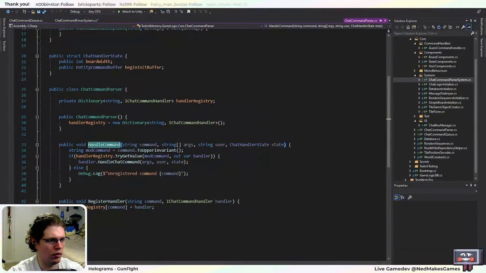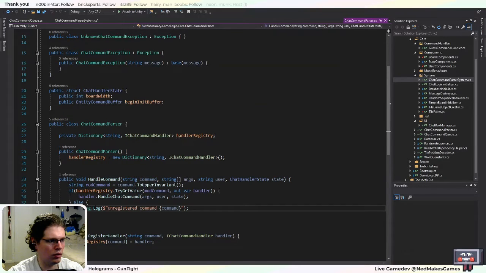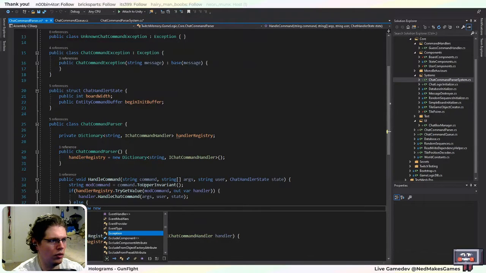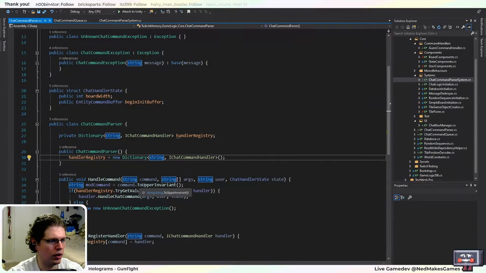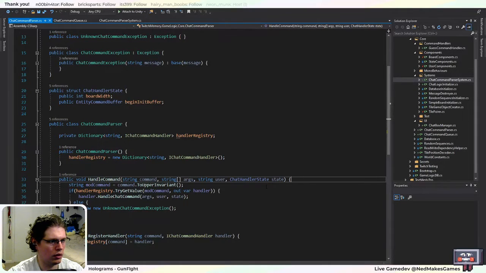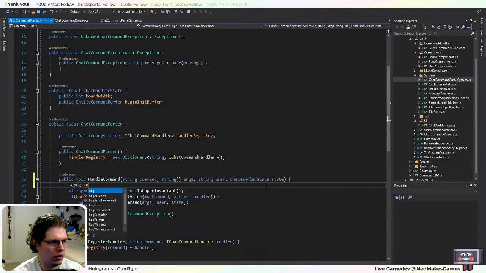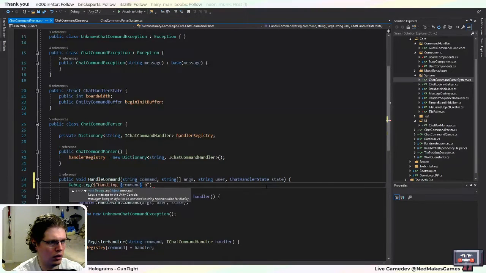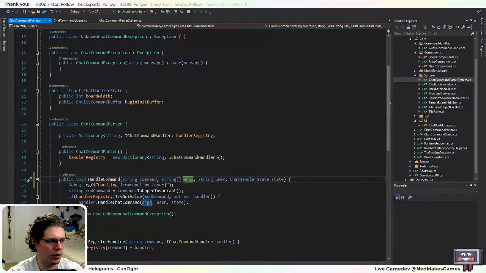Let's go into here. Oh, also, this should throw an error now. So throw new UnknownChatCommandException. We don't really even have to pass any strings. Okay, bug log handling. Okay, yeah, obviously it doesn't show what's in the arguments, but